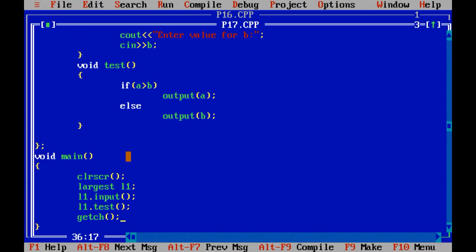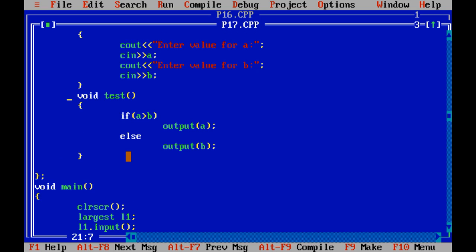After the completion of the input function, L1 dot test is called. After that the test function executes. In that we have written 5 greater than 6; the condition is false, so the else part is executed. In that I have called the output function, which is the private function of the largest class. So output, and we have passed the value of b.